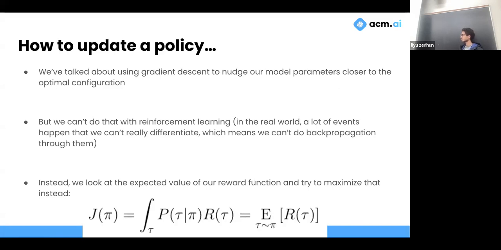Especially with self-driving cars, when you take them onto the streets and give them human feedback, say the car starts steering one way, you go, oh no, don't do that, and you steer it back. That's feedback you're giving the model that can be turned into rewards. But you can't backpropagate through it because it's the real world. So we can't just use backpropagation. Instead, we're going to have a different function that will inform us how we need to update the model parameters.